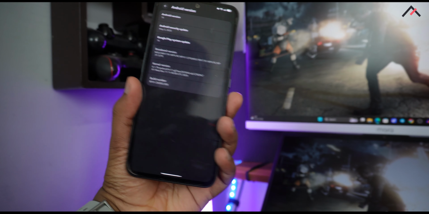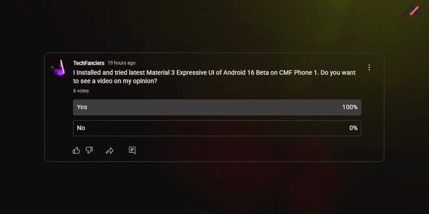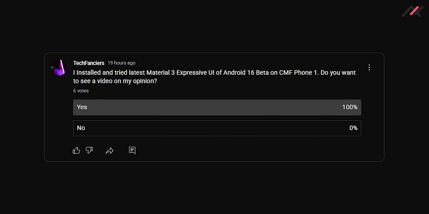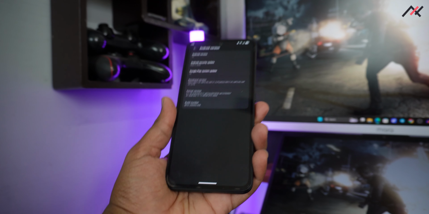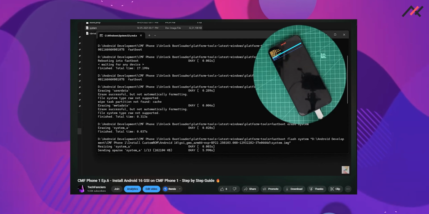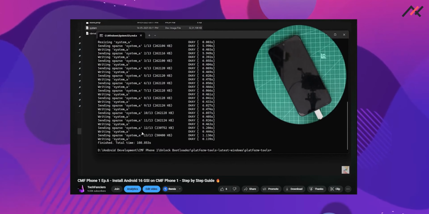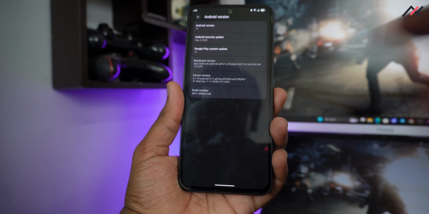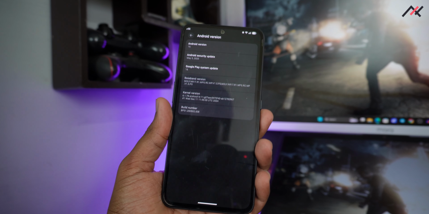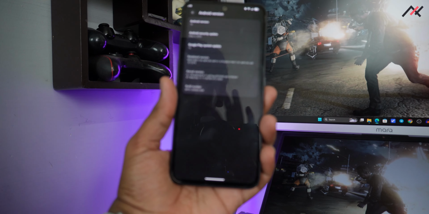So we have asked in our community post whether you would want to see the Material 3 Expressive UI based on Android 16, which was released a few weeks back. So I have installed this GSI. The method is almost the same as our previous installation of Android 16 GSI, so I will be adding this particular ROM link in that same video, so you can follow the same